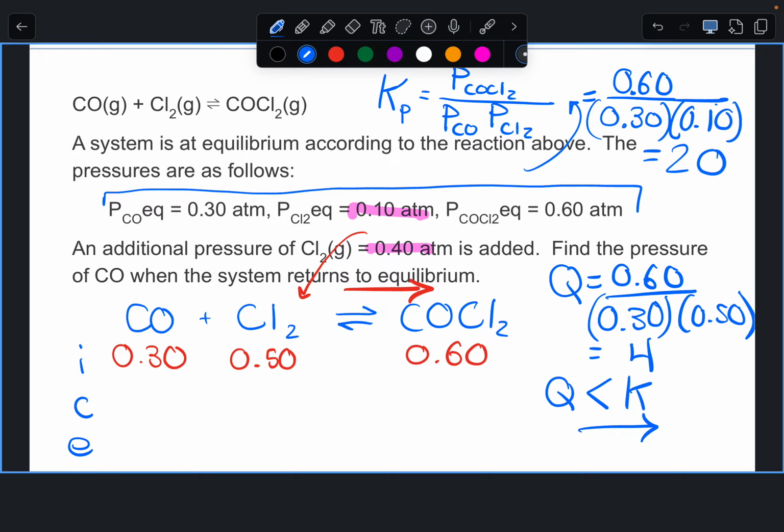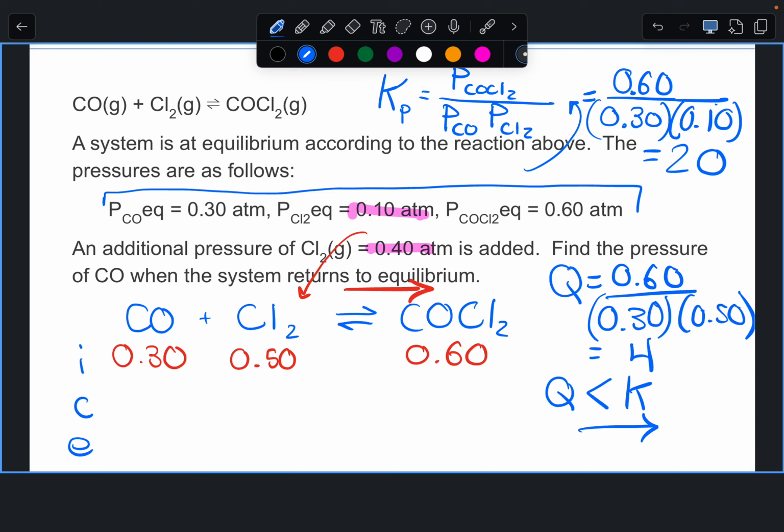Okay, so a lot of different things going on here. You have to solve for K. That could be a problem in and of itself. If you were given the starting amounts or it says it adds an additional pressure, you could predict which way the reaction proceeds. And then the final thing would be you could actually solve it out. Now, I wouldn't put the actual solving it out on the test because the K is large, so you can't ignore any of the changes, and you end up having to solve the quadratic in that case. So we won't go ahead and solve through the whole thing, but just as a reminder of the process,